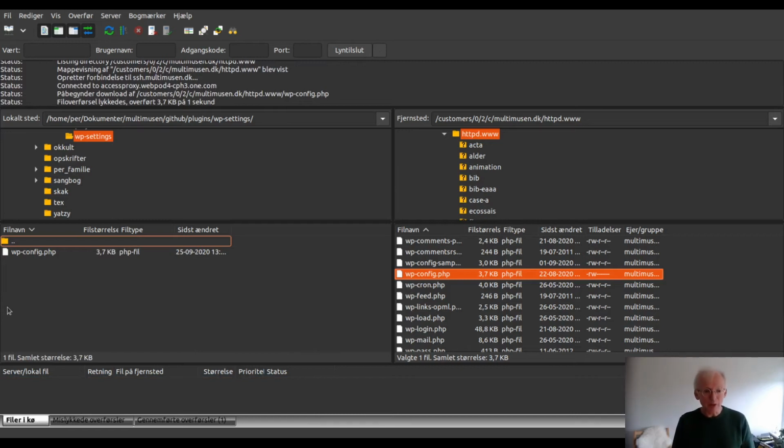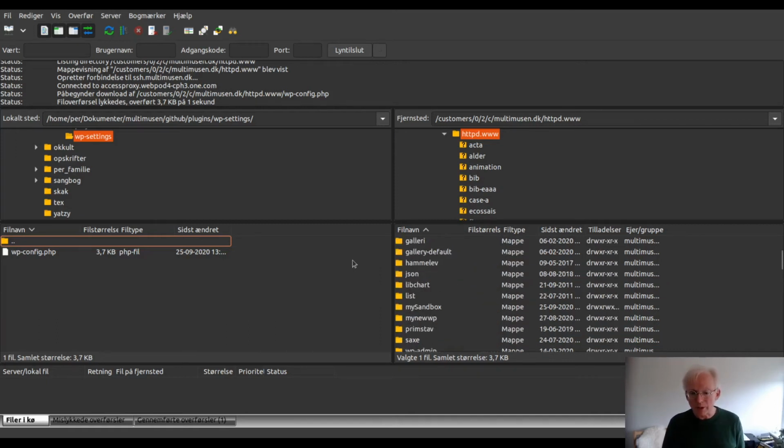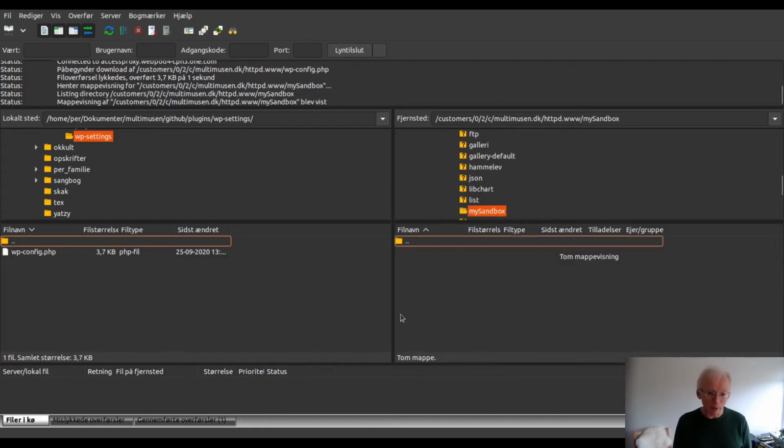But as soon as you have a copy of this file, you simply change to the directory that we made, because now we are ready for the work. The first step then is to upload the unzipped files from wordpress.org, and then simply place them in that folder. The next step is to